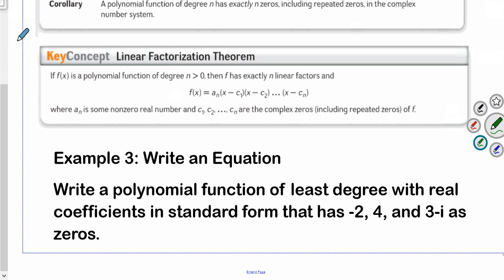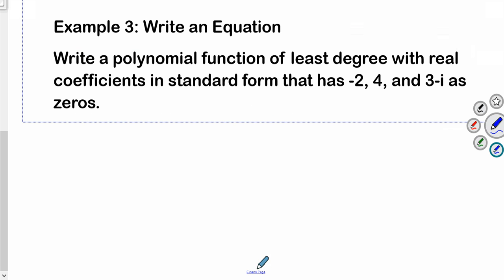Alright, for this last example, we're going to use the linear factorization theorem. The linear factorization theorem says I can use my zeros to write the equation of my polynomial. So let's start with this one. Write a polynomial function of least degree with real coefficients in standard form that has -2, 4, and 3i as